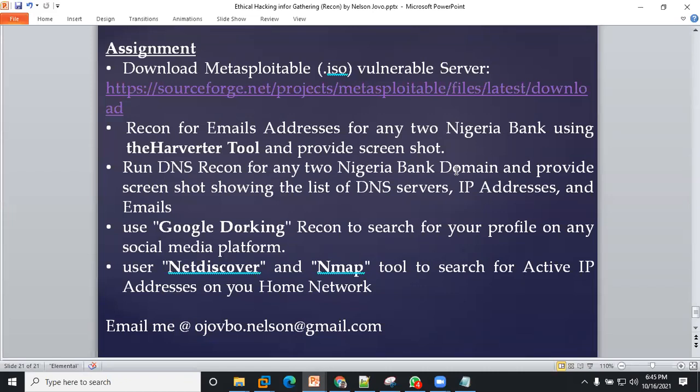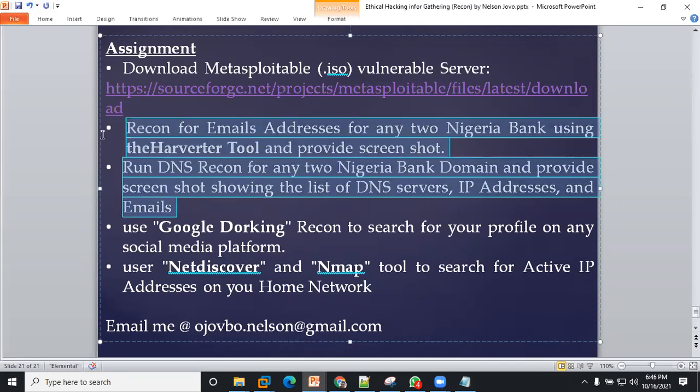You can put a snapshot on a notepad and we'll send the link for you to upload it, just like we did for last week's class. So those are the two major assignments that we have.